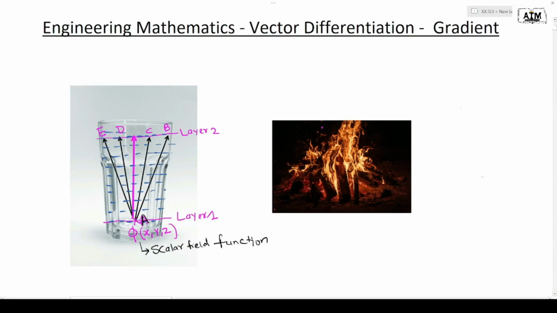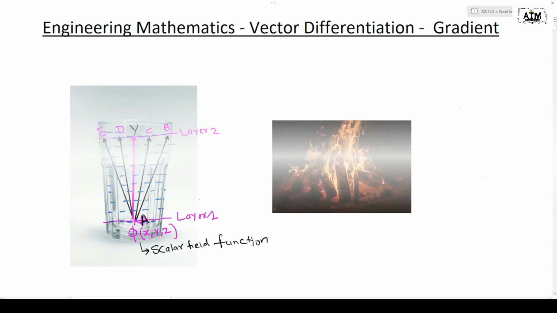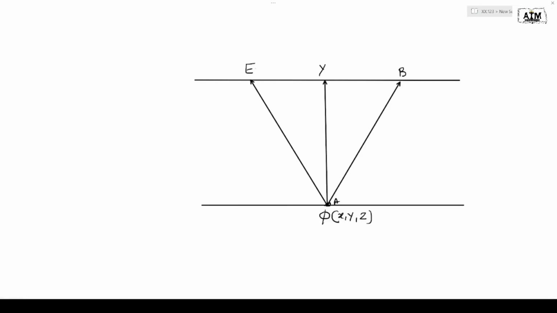From point A, suppose you want to go to the layer 2. So from point A on the layer 1, you want to go to layer 2. So you can go in different paths, like you can go through path AB, you can go through the path AC, you can go through the path AY, you can go through the path AD, or you can go through the path AE. So different ways, different direction you can go from layer 1 to layer 2 from the point phi of xyz. Now for understanding purpose, I have selected only three paths, that is AB, AY and AE,